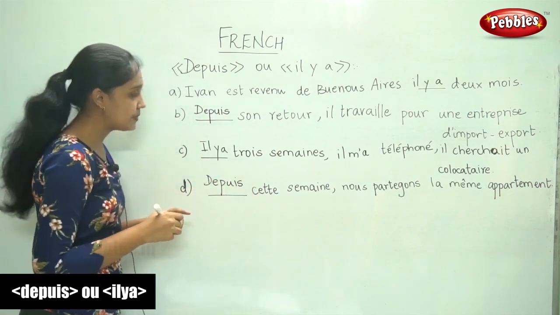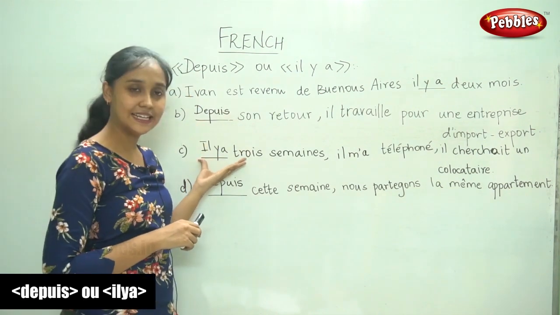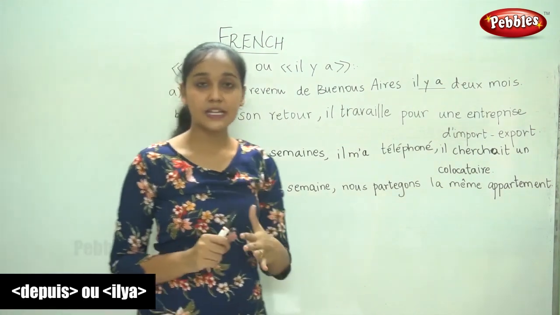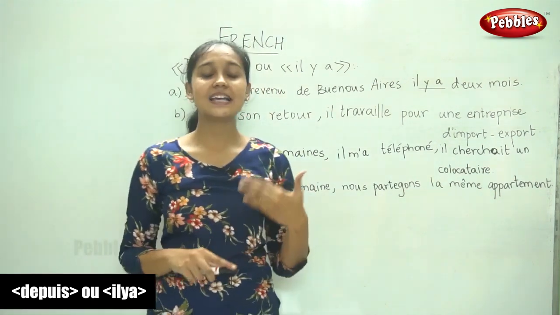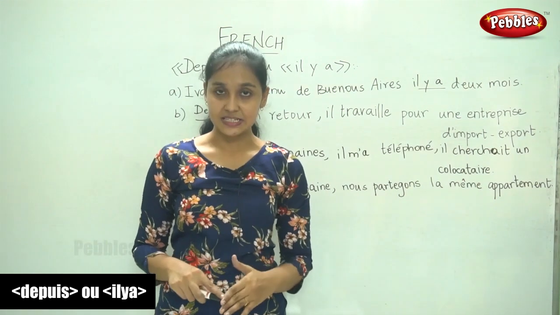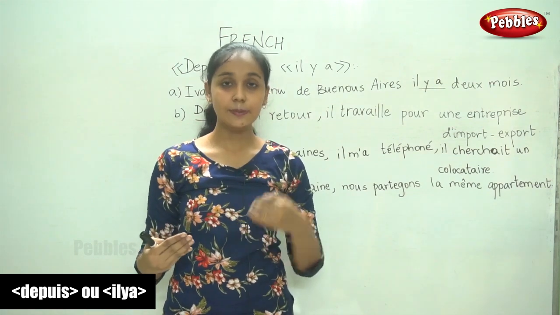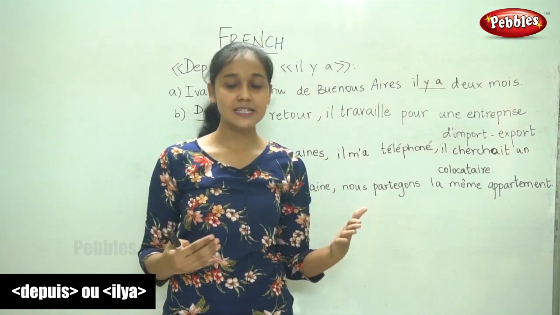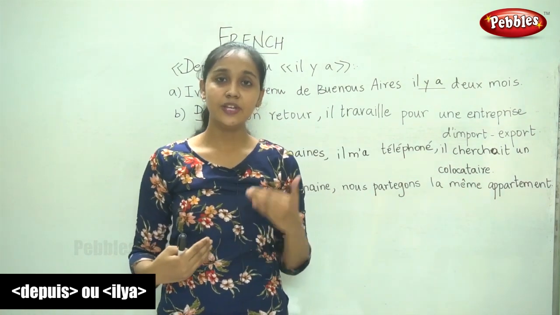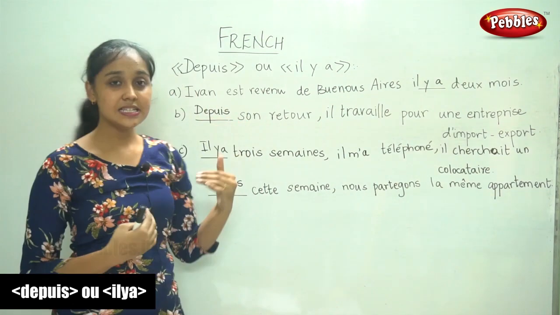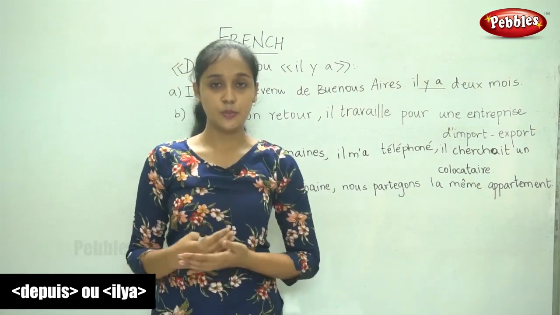So this is just a simple exercise to make us appreciate the difference between depuis and il y a. Depuis, once again I am telling you, is used to indicate an action that took place and is continuing in the present, whereas il y a is used to indicate a duration of time between the action that passed and the present moment. So it expresses the duration of time, whereas depuis is to express an action that is continuing even in the present moment.